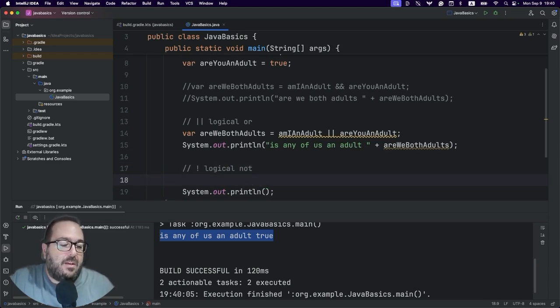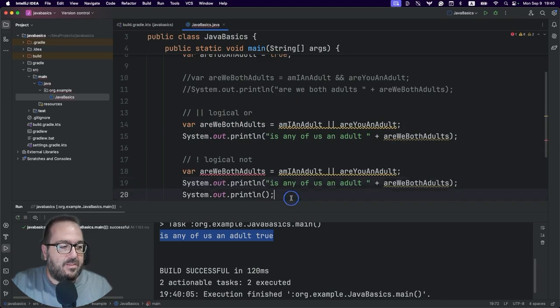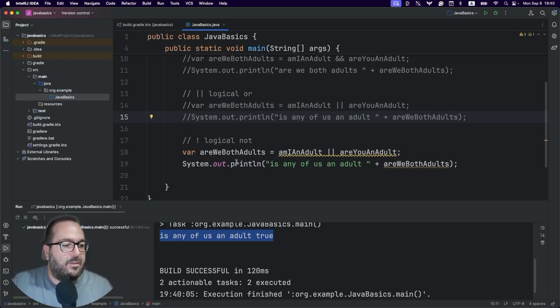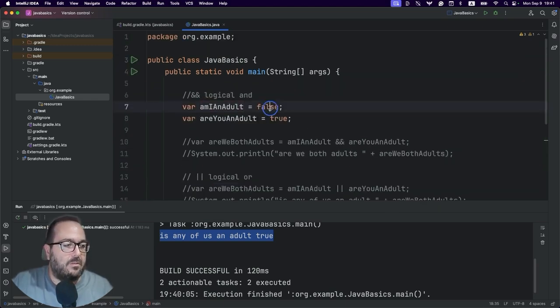The last one, the logical NOT. Let's copy these two lines, paste them here, remove this one. We can comment out line 14 and line 15. And the logical NOT. So this is returning the actual value, right? So I am an adult, it's true. And you are an adult, it's true.